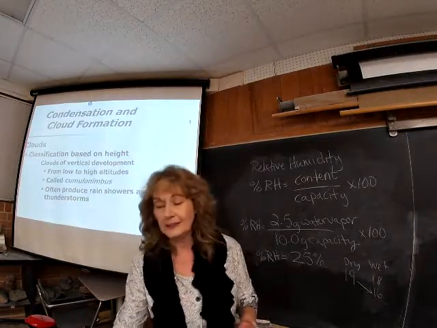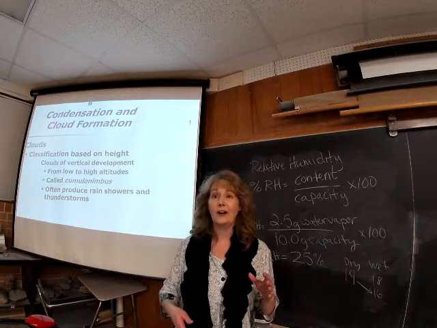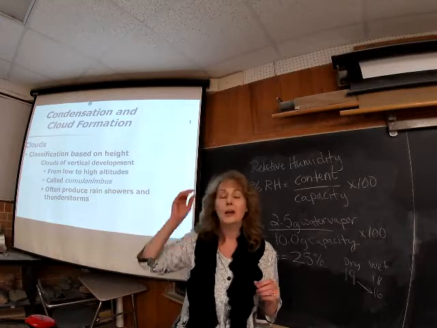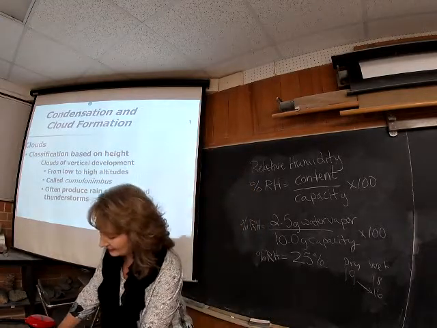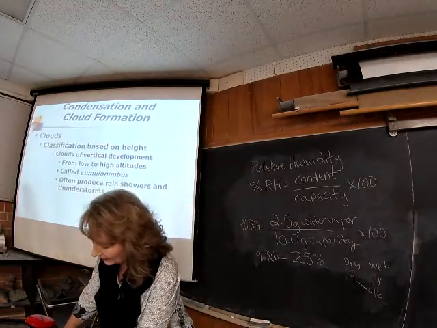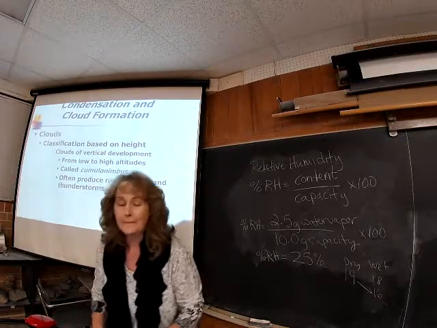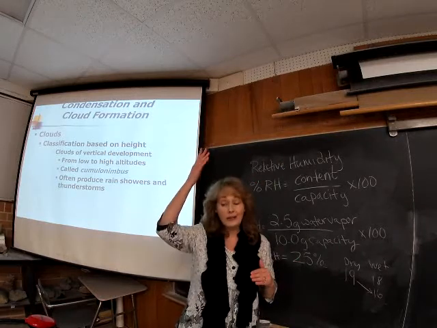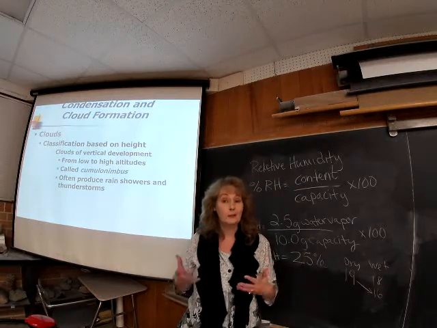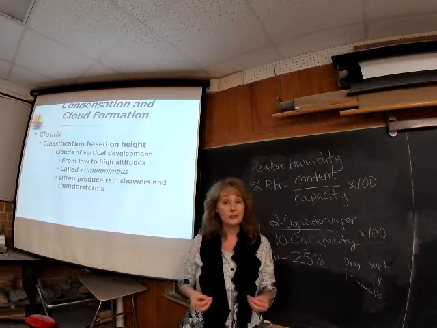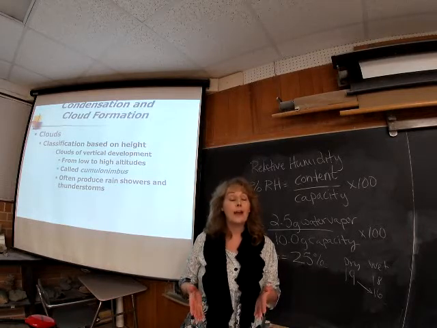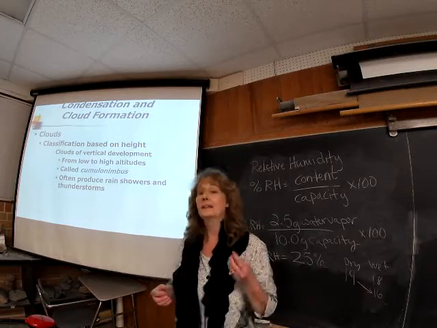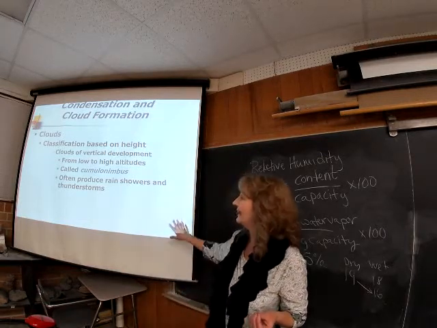And then we have this category of great vertical development, the towering cumulonimbus clouds, okay? So cumulo, they are globular in shape. They are towering. Nimbus, because we're getting rain out of these. In fact, these are thunderstorm clouds. They're towering to such great heights that we are getting the lightning. Of course, the thunder and the lightning go together.